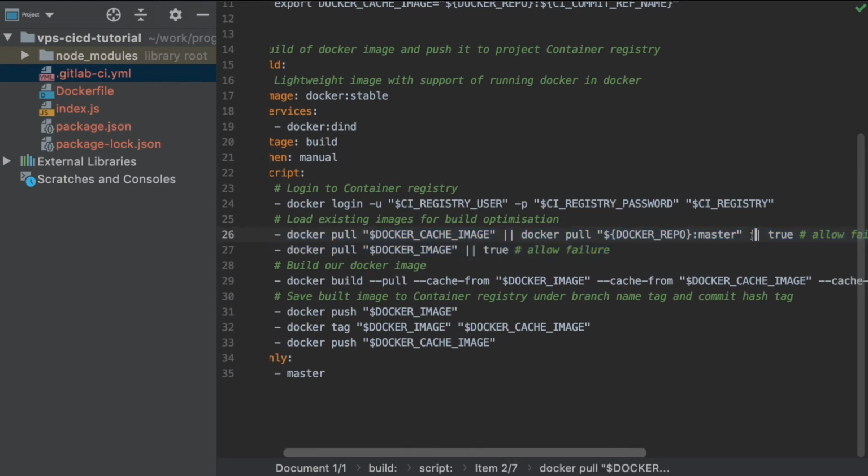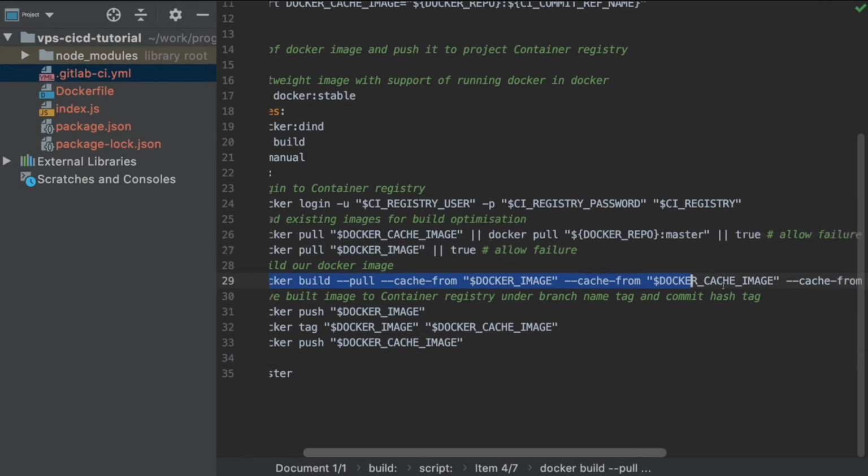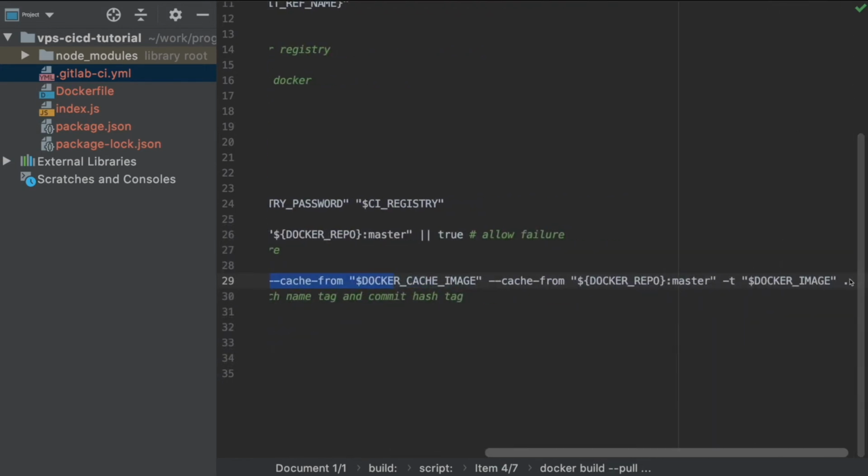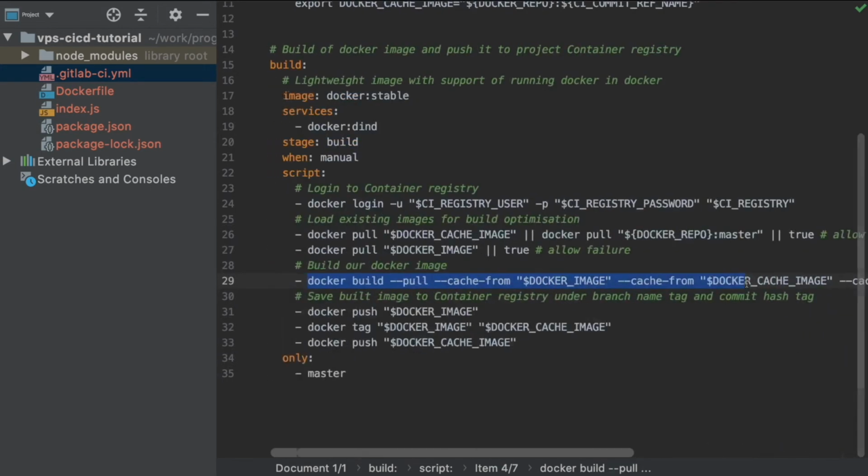If not, the || true makes the script not fail if nothing exists, and we are ready to build our Docker image. You can do it with this command, and after everything is okay, we are going to push it to our container registry, and we want to